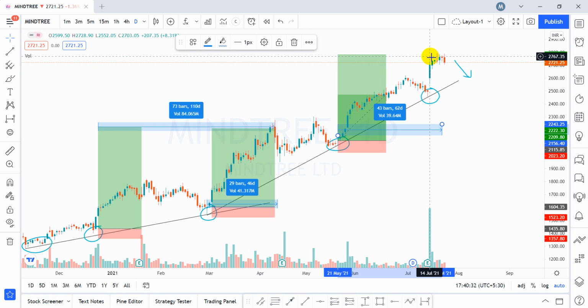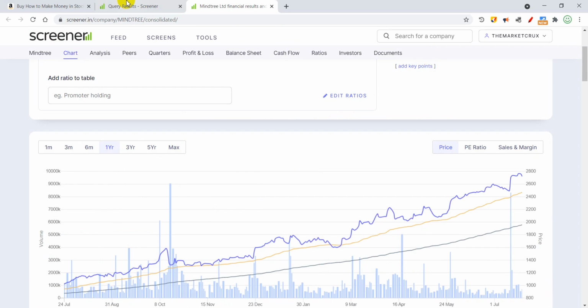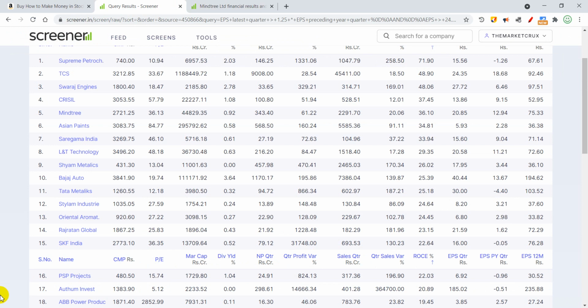If you want to be a serious long-term trader, a profitable long-term trader, all these concepts need to be applied and things will work beautifully well. So let's go back to screener.in and look for some other stock from some other segment, basically another sector. So I'll pick Asian Paints.